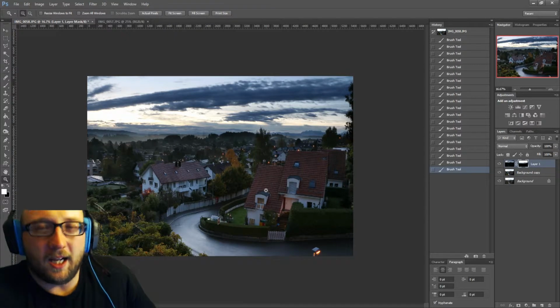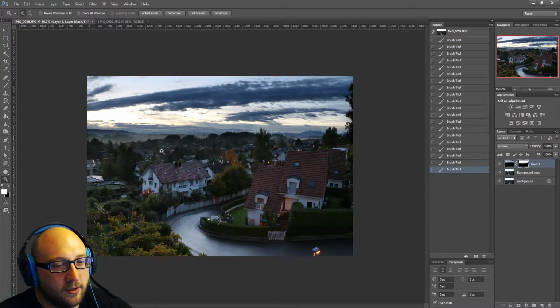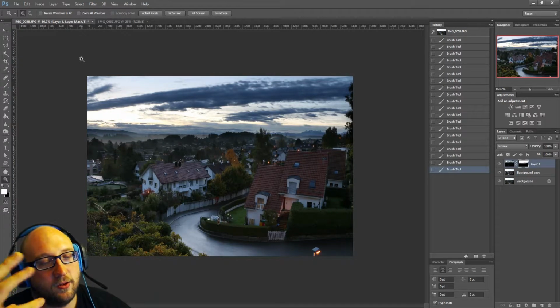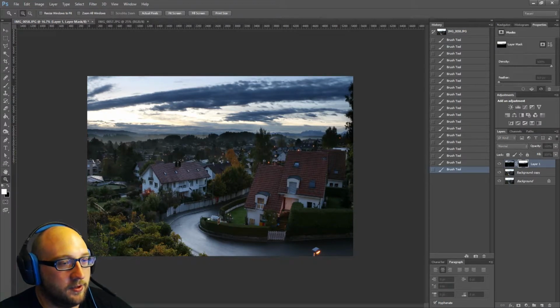Contrast, colors, again, I don't always know exactly what I want. I know what it looked like at the time when I took the picture. I always have like a memory, and I try to reconstruct what my eyes saw at the time. So we're going to do Layer, New Adjustment Layer, we're going to use the curves,